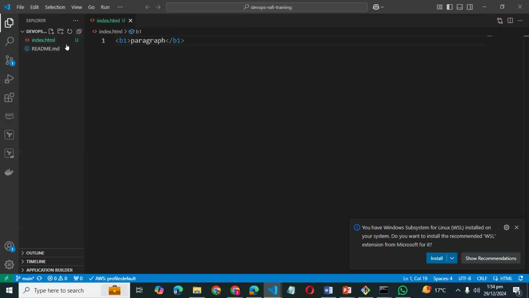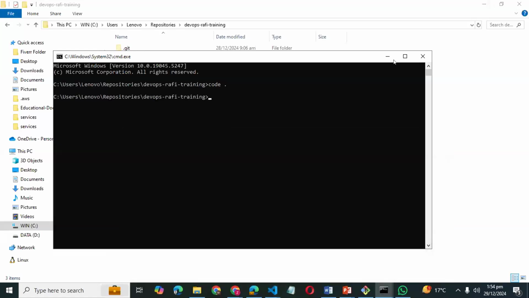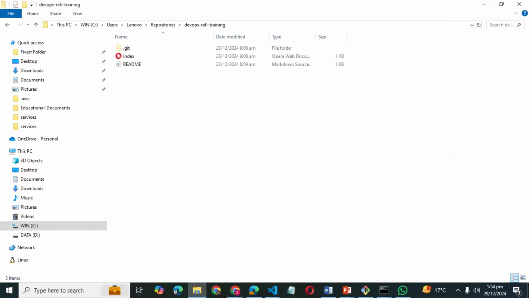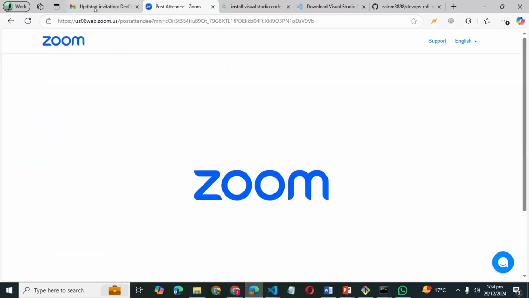Yes. And after that, we made this index.html file here and added some text in the file, right? Now, these particular changes are currently reflected in my local machine, right? Now, I want to push this index.html file into the same repository where I cloned it locally, right?